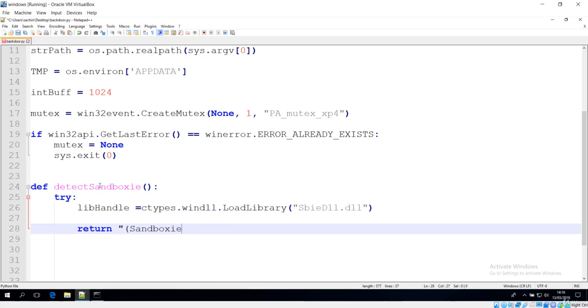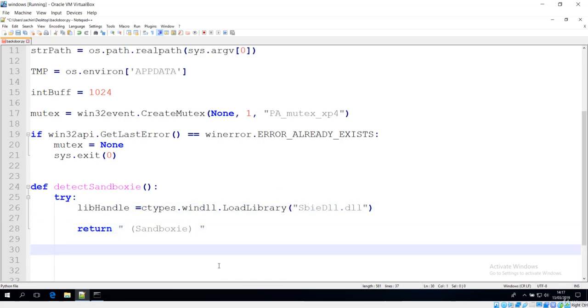And now let me close this first. So this will be instances, let me close this first, and after that let me return this from this method, which is Sandboxie. I have just misspelled it, it should be an I over here. So this is basically the instance of Sandboxie. If we download this DLL, it will return that Sandboxie.